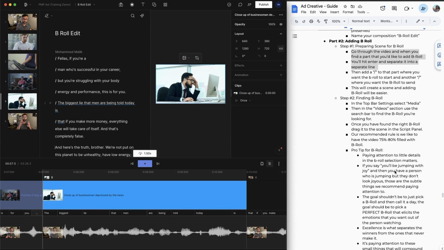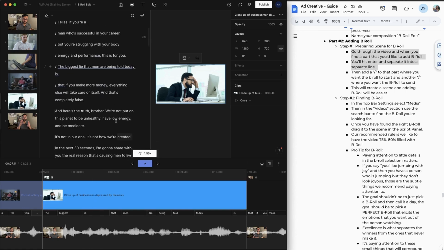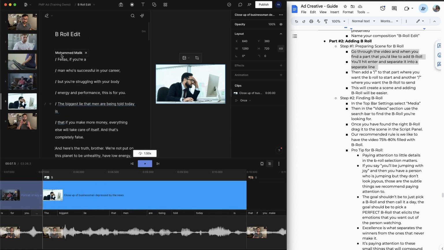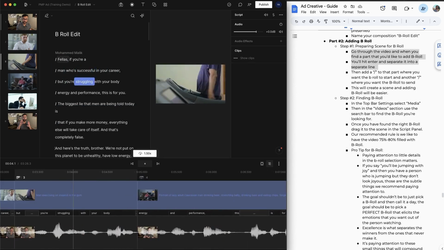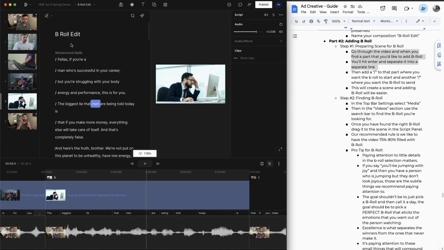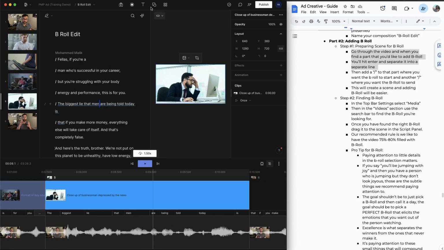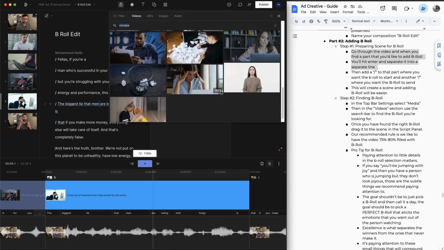And once you find the right B-roll, you can drag it into the scene panel, or you could do it like I'm doing it here, but you'll watch the video from the start, or from where you cover the B-roll and what you're saying. So you watch a video, for instance. Right? So you can see this, it's not really flowing. So I'm going to come back here and I'm like, I don't really like this, right? So you can come back and I want to find